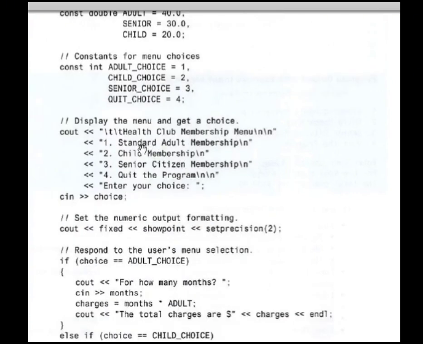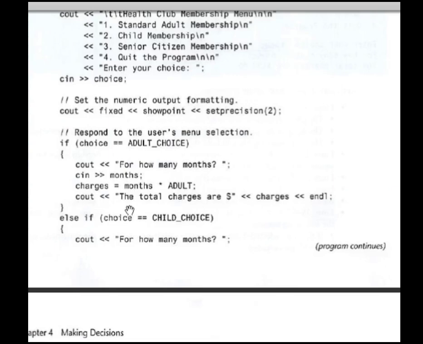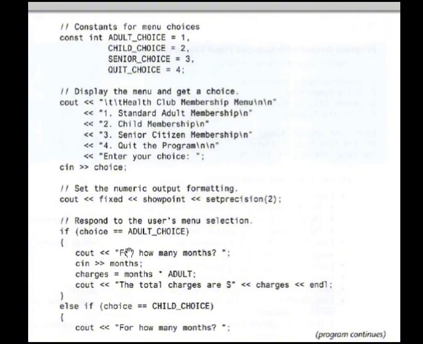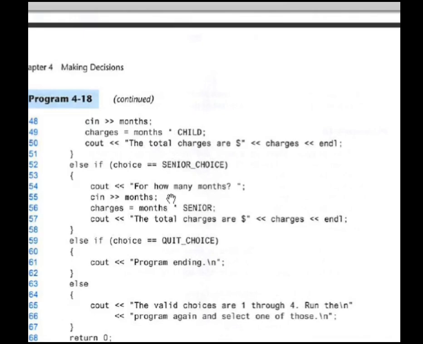यहाँ पे 3 तरह की मेंबरशिप कैटेगरीज हैं: स्टैंडर्ड अडल्ट, चाइल्ड की मेंबरशिप, सीनियर सिटीजन की मेंबरशिप. और चौथी ऑप्शन यूज़र को दी जा रही है क्विट करने के लिए। यूज़र से चॉइस ली जाती है, यूज़र 1 2 3 4 में से कोई एंटर करेगा और उसके मुताबिक फिर एक्शन लिया जाएगा। तो नीचे एक if else if स्ट्रक्चर होगा जो कि चेक कर रहा होगा कि यूज़र ने पहली चॉइस एंटर की है तो डू दिस थिंग, ये वाला काम करो, अगर दूसरी चॉइस एंटर की है तो ये वाला काम करो, एंड सो ऑन।